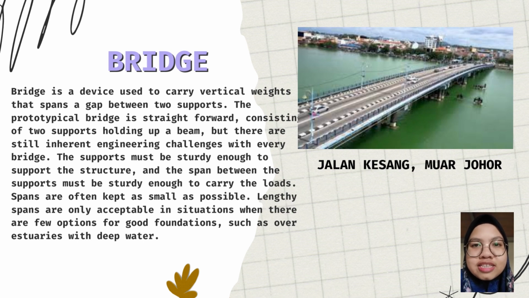A bridge is a device used to carry vertical weights that span a gap between supports. The prototypical bridge is straightforward, consisting of two supports holding up a beam. But there are still inherent engineering challenges with every bridge. The support must be sturdy enough to support the structure, and the span between the supports must be sturdy enough